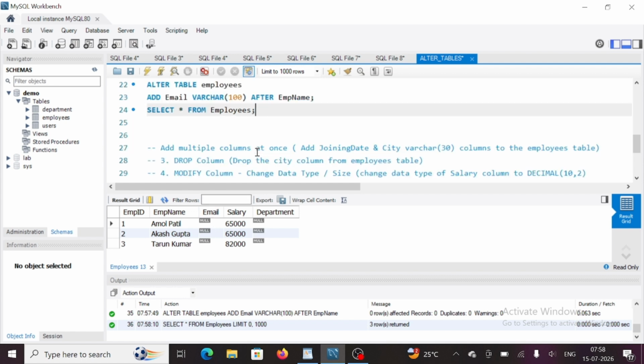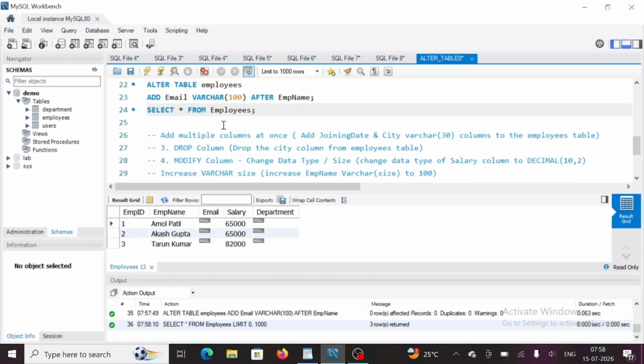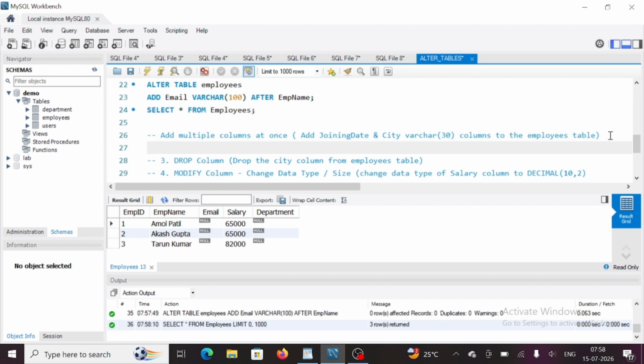Okay, so next thing we are going to see is how to add multiple columns at once. In our previous example, we added only one column at a time. So now if we have to add multiple columns to the existing table, how can we do it? We can do that with the help of alter. Again alter